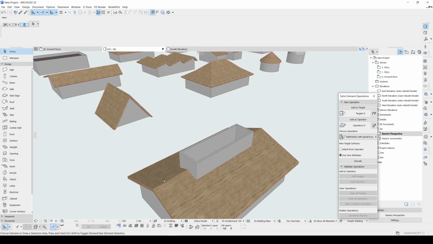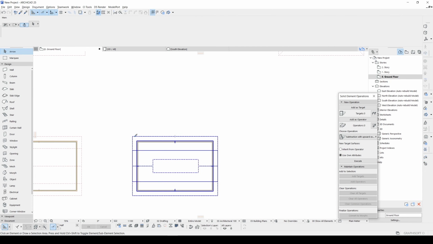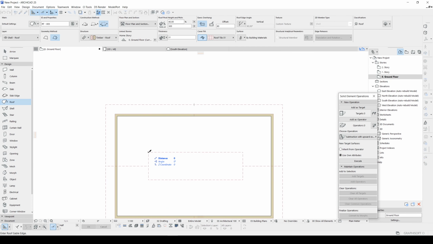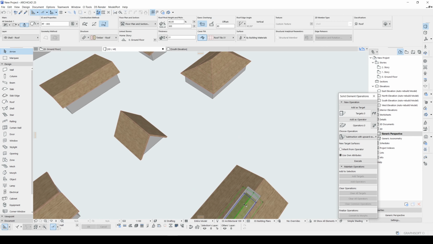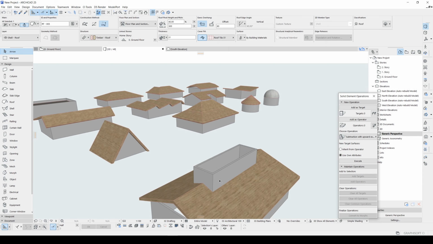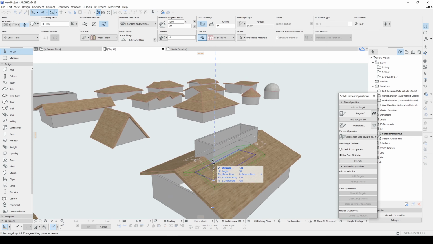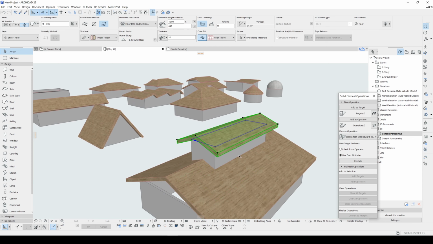And now we are going to create a second roof onto that. And this roof will sit onto these walls.